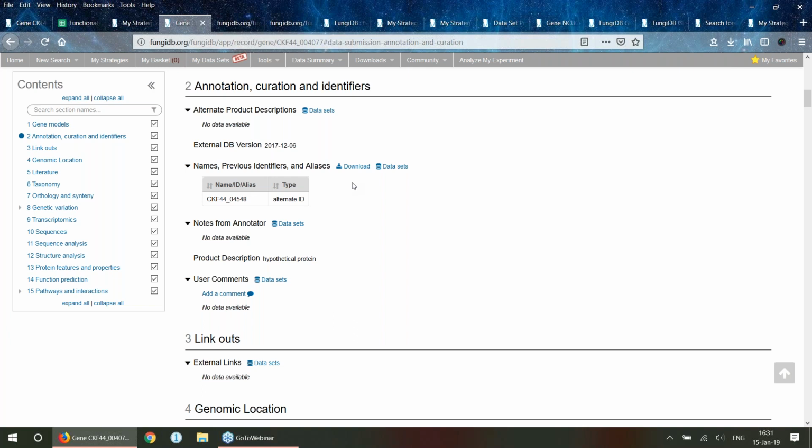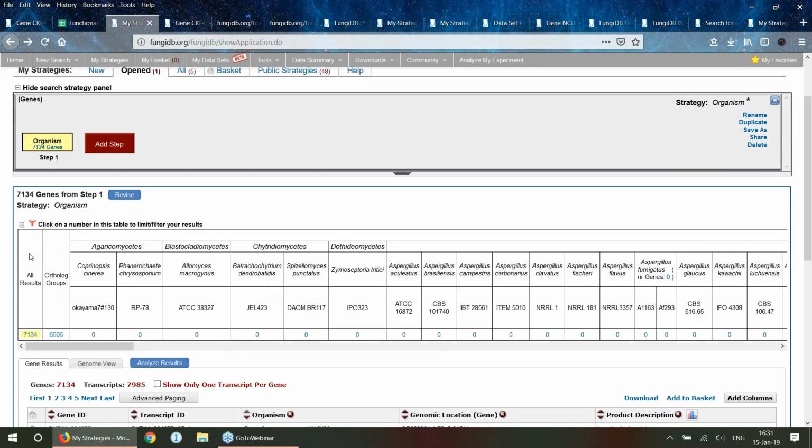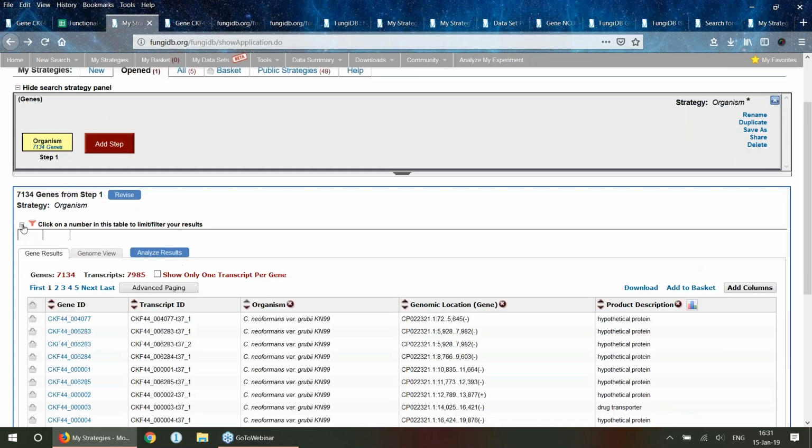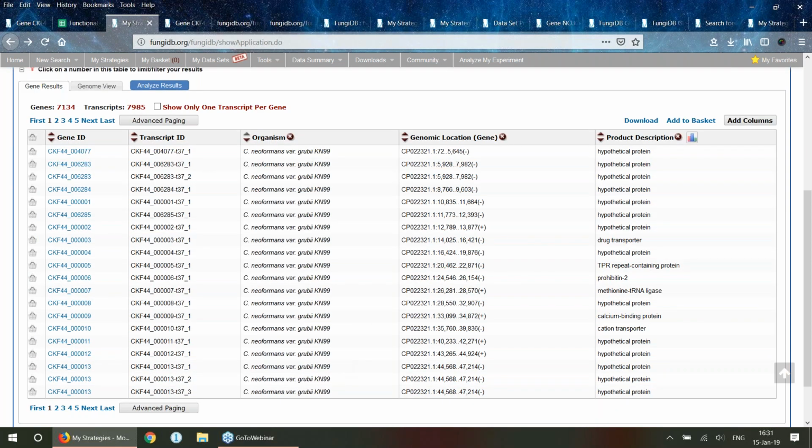However, some of you may be interested in exporting information for all of the genes, over 7,000 of them. So that's probably not the best approach, to download data one by one. There's another way to download this information. If we go back to our search strategy that we just ran before, and I'll close this to display the gene result table, in order to download the new gene IDs for the whole genome, click on the download button